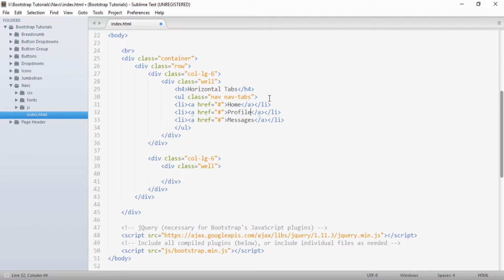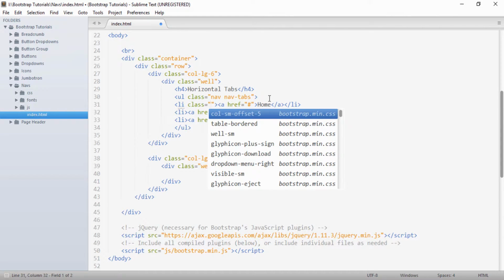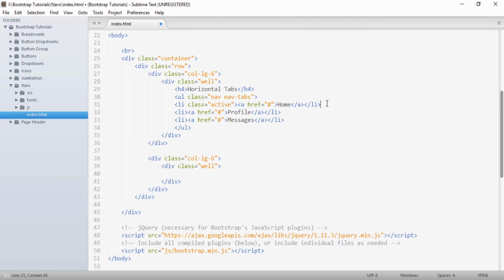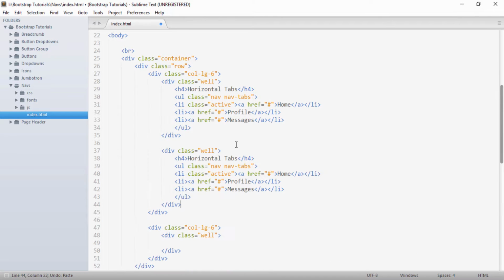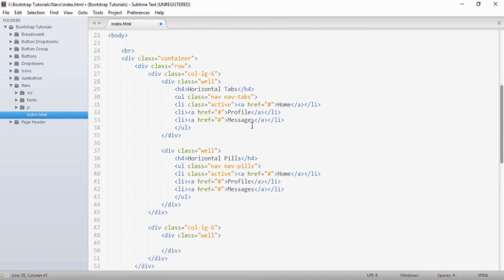We have created three list items, and to the first we'll give a class of active. I will just copy this complete well and paste it below, and also I will give this the heading horizontal pills. To create a horizontal pill, from nav-tabs we have to give a class of nav-pills, and the rest will be kept as it is.